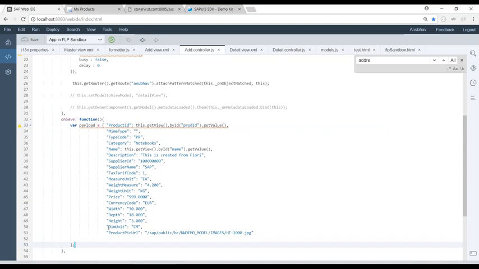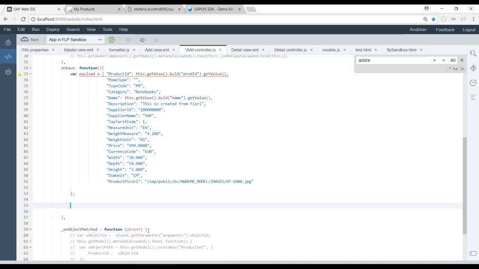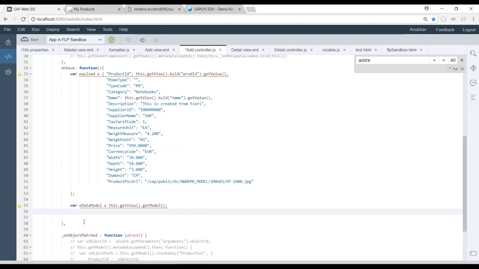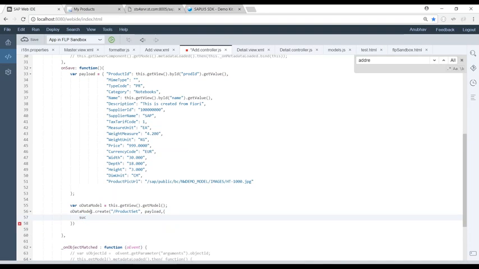Once the payload is ready, you need the OData object. OData model is set as a default model for your application. So you can get that OData model object quite easily. You can say oDataModel, and this.getView().getModel(), because this is a default model for the entire application. That's your OData model object. And now in this OData model object, you can say dot create, put your entity set name /ProductSet, comma payload, comma curly braces. It will send you a response back in success,